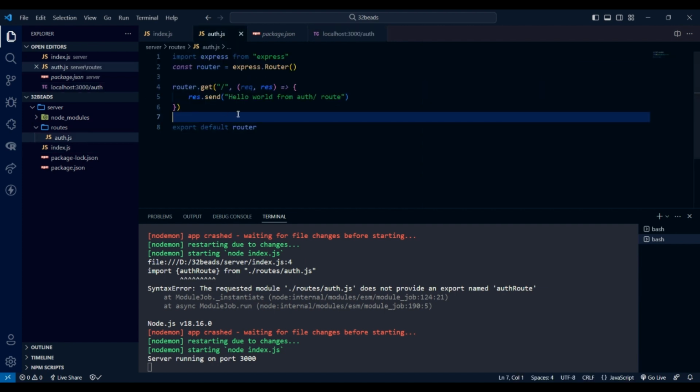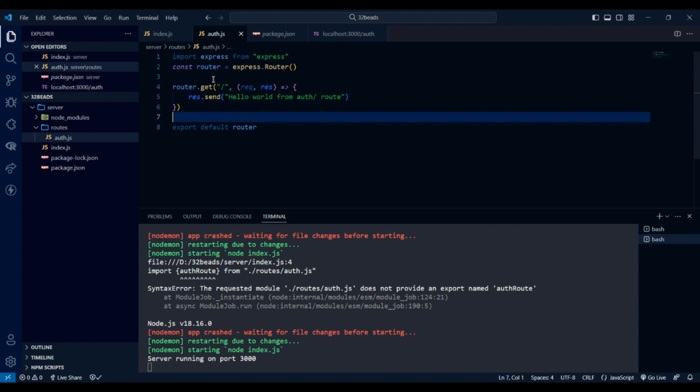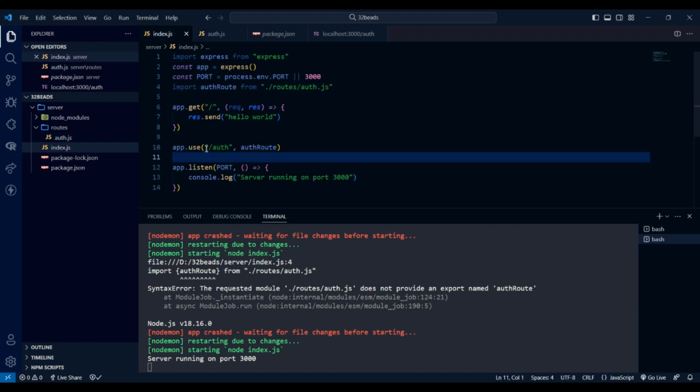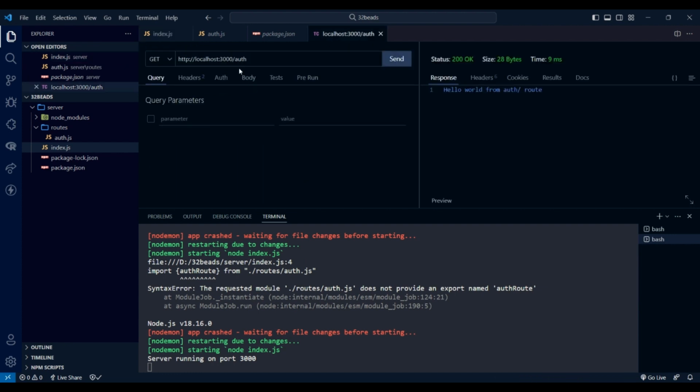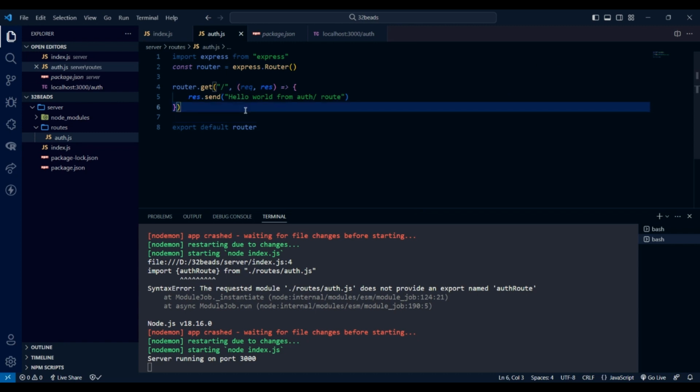You might say that here we have only slash, and here it is in auth. So this slash is the home index route for slash auth. If we are requesting slash auth, then we are indirectly requesting over here. So that's why we're getting that. Now since this is working fine,